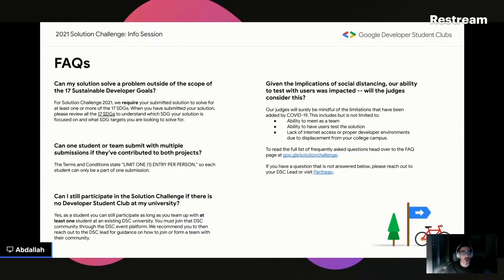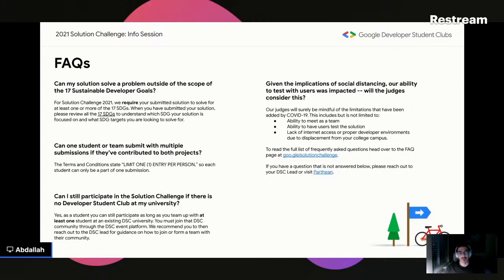We're going to have our own Q&A session at the end of this session. But also, one of the main questions that we're going to hear is, can my solution solve a problem outside the scope of the 17 Sustainable Development Goals? Yes, we understand that it was very widely open in previous years, but for this year, we require that your submitted solution should solve at least one or more of the 17 SDGs.